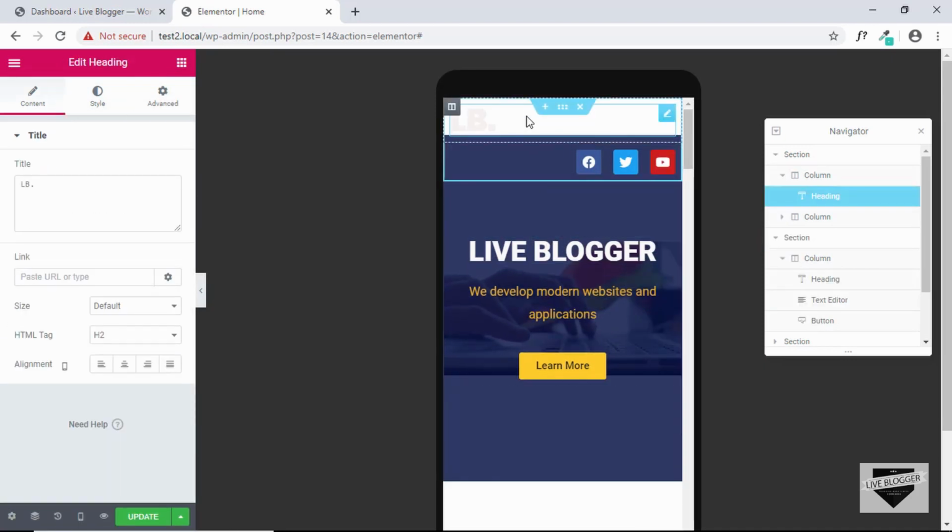Now in this section we have the logo on the top, and then we have this icon at the bottom, but we want them to be displayed side by side. So let's select the column. So you can even select the column from here